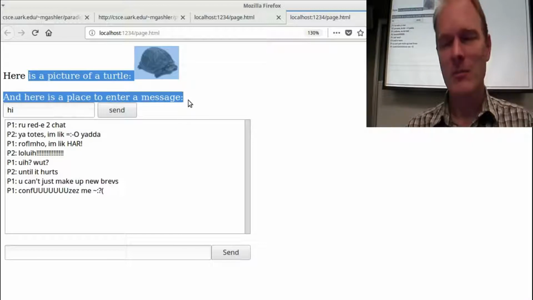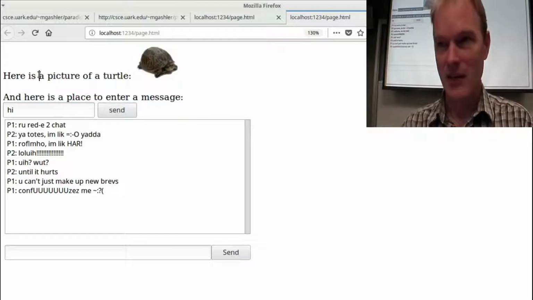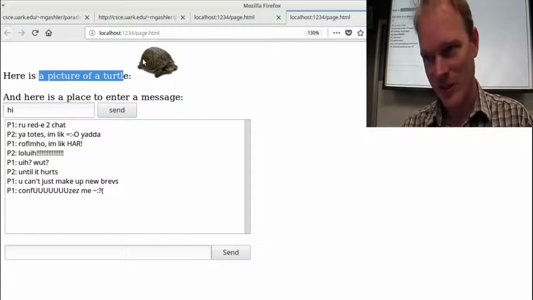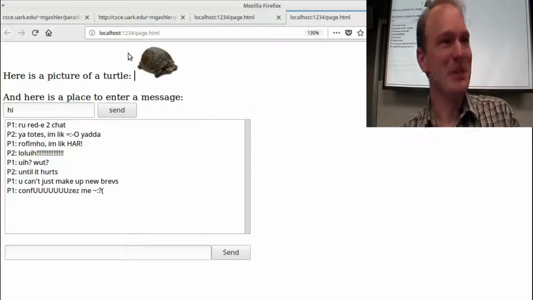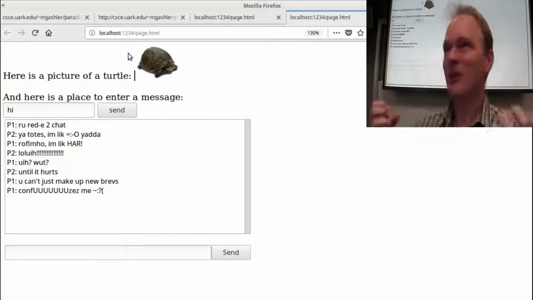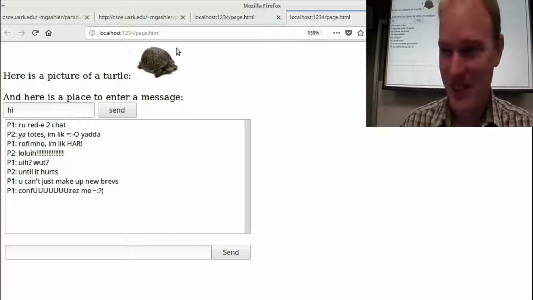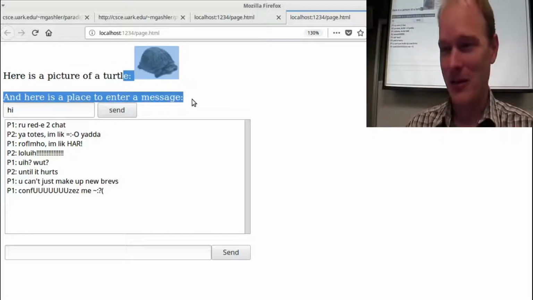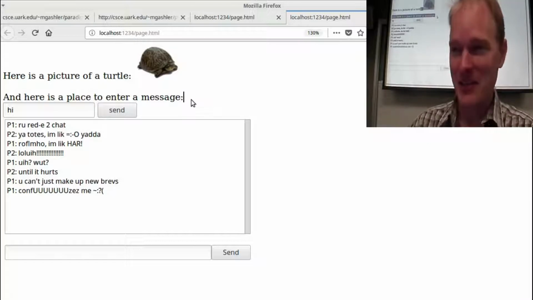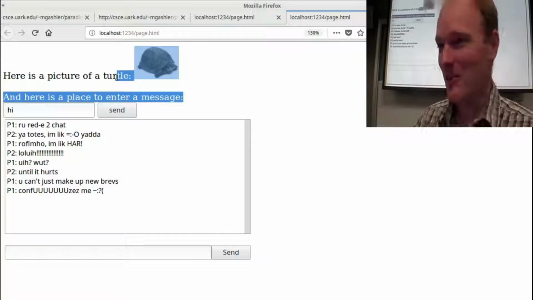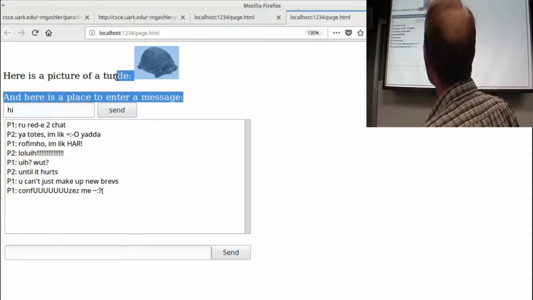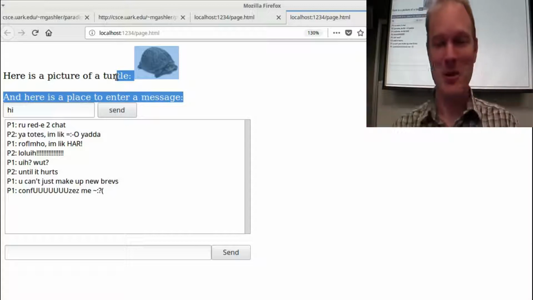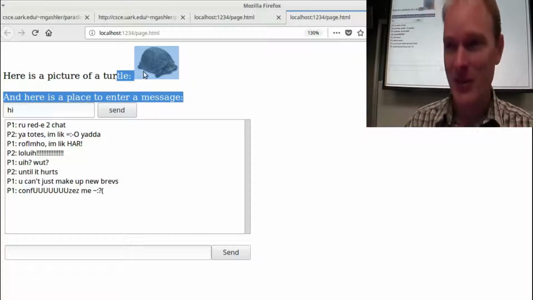Go delete that. By the way, if your final program says, here's a picture of a turtle, and there's a picture of a turtle, come on, people. I mean, take control of this program, right? Yeah, that's not going to disqualify you from getting credit, but please have a little more control than that. At least personalize it somewhat to some degree.